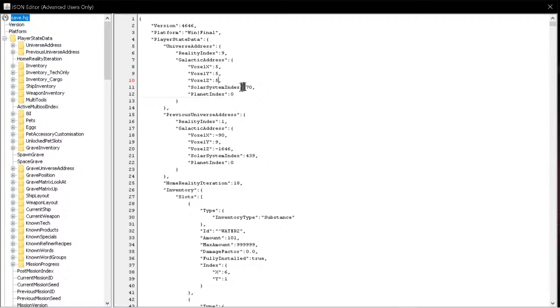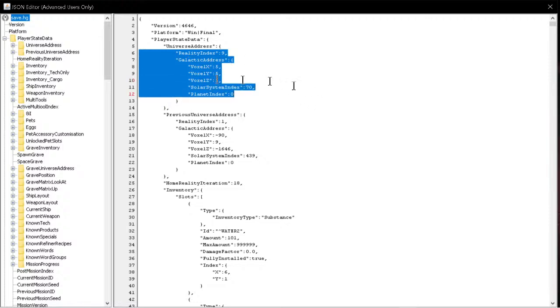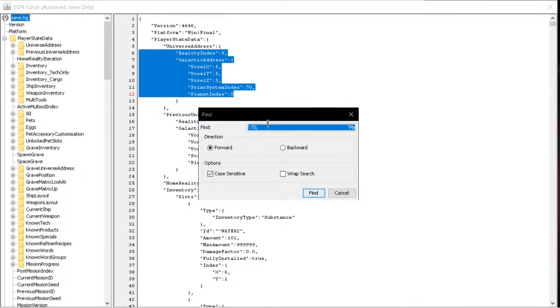And the solar index, if you're just going blind and you don't really know where you want to go, you can just leave that alone. Planet index, you can just leave that 0. And then what you want to do is copy this information right here from reality index to planet index. Hit Control C to copy, and then hit Control F to find